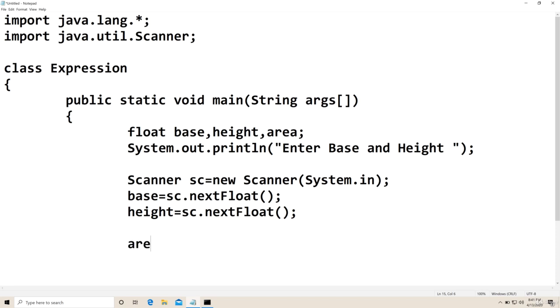Now I will calculate area. Area is equal to base multiplied by height divided by 2. This is one way of writing it. Otherwise, instead of dividing by 2, I can also say multiplied by 0.5, and this is float, so I must write f. This is another method. And one more way, the way it is written mostly in the books, you will find 1 by 2 multiplied by